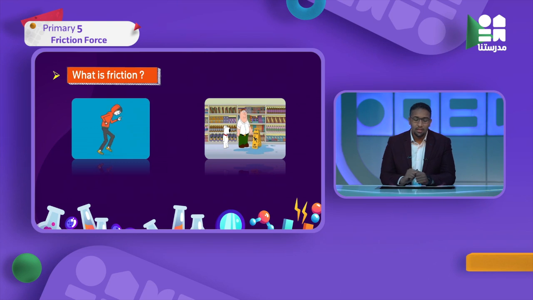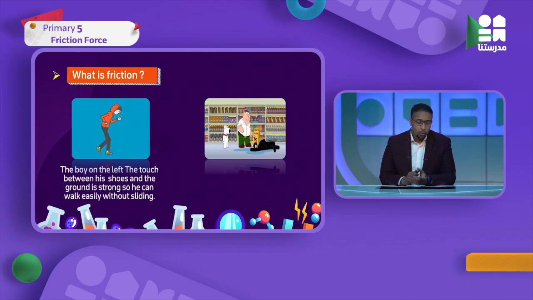تعالوا نبص على الصورتين اللي قدامنا دول. We have two persons here. One of them can move very easily and the other one slide down. واحد بيمشي بكل سهولة، بيمشي بكل ثقة، مش بيقع على الأرض. التاني اتزحلق ووقع. طيب ليه ده اتزحلق وليه التاني ما اتزحلقش؟ In the first image, the first boy on the